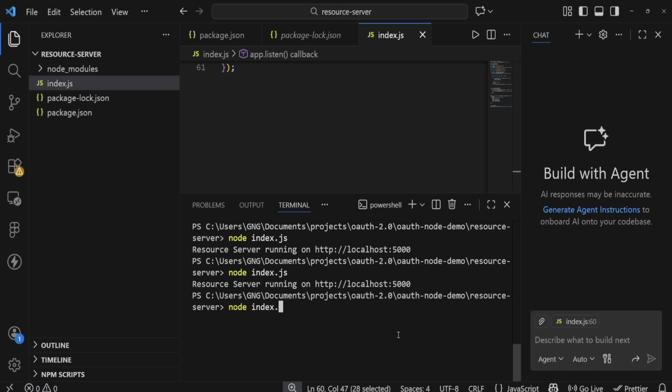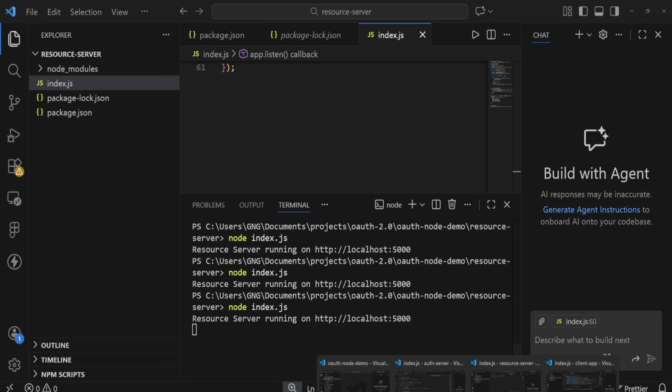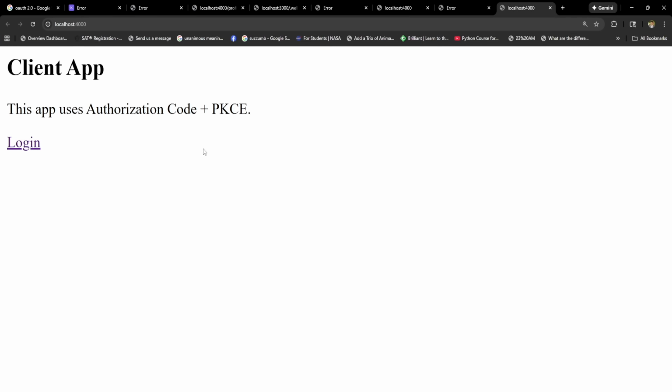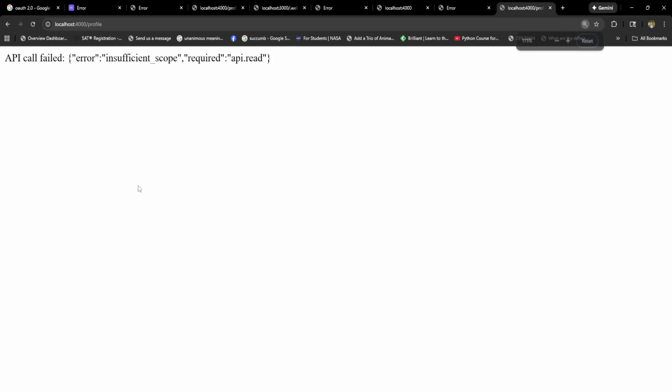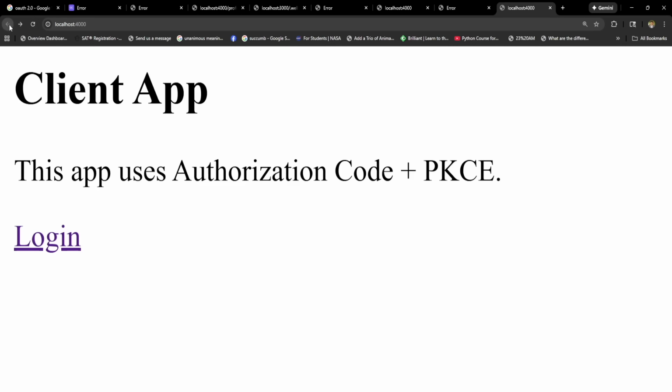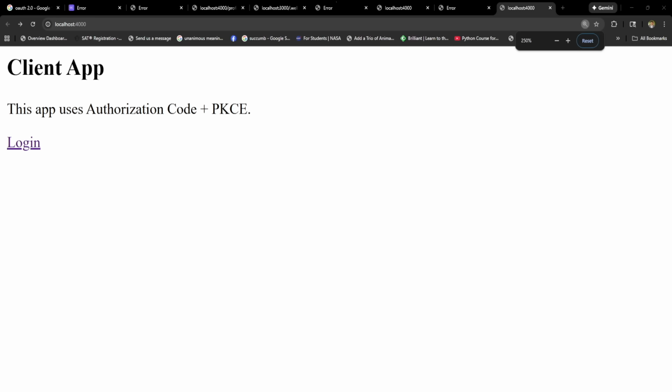Insufficient code, required API, and the reason why this